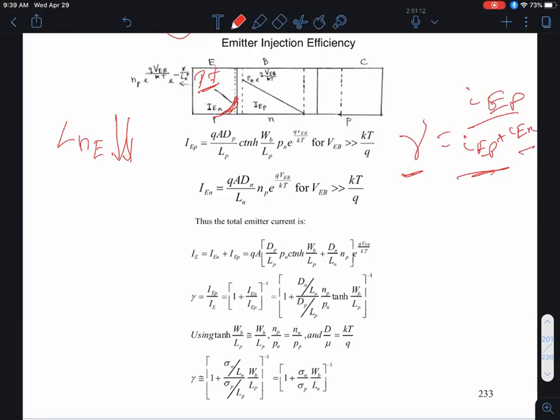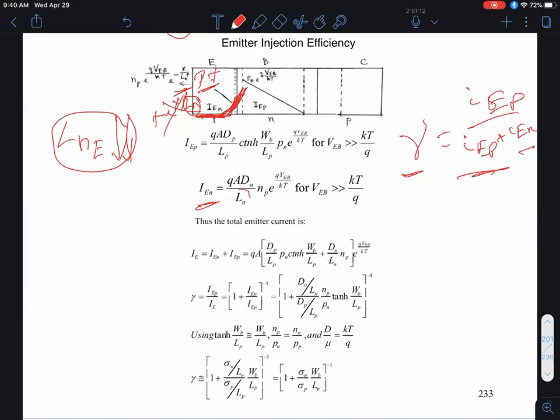Here also, in principle, I'd have the decaying exponential term plus a growing exponential term, e to the power plus x over Ln, if this emitter region was narrow compared to the diffusion length of electrons in the emitter, right? But because it's a highly doped emitter, Ln is going to be short. Therefore, by definition, this emitter is going to be a wide emitter, and I can ignore the growing exponential term, okay? So by doing so, for the emitter current, I just retain the decaying exponential, then I take the gradient